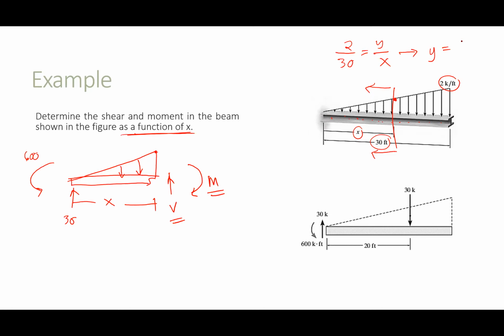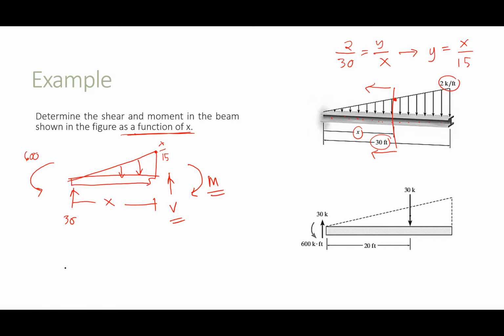So, x over 15. Tama? So, rise over run, 2 over 30, tapos y over x. So, ito yung value ng y. So, pwede mo na siyang ilagay dito. This is x over 15. So, yan. Now, to get the shear and moment, all you need to do is